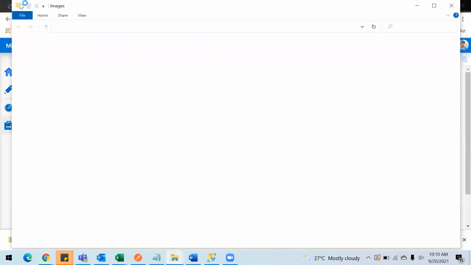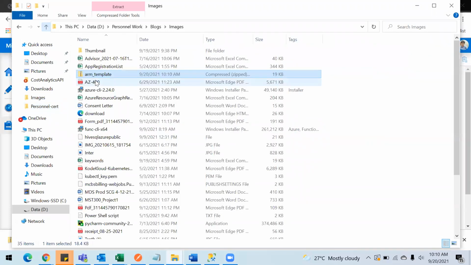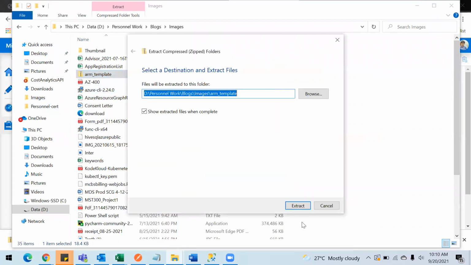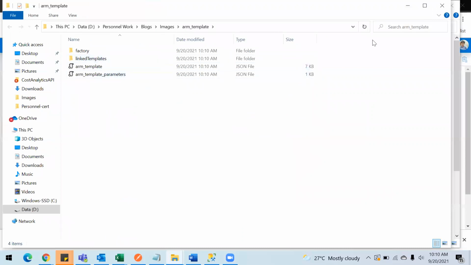Show folder. Open. Let's unzip as well. Extract. There you go. So these are the files that will be downloaded when you export the ARM templates.